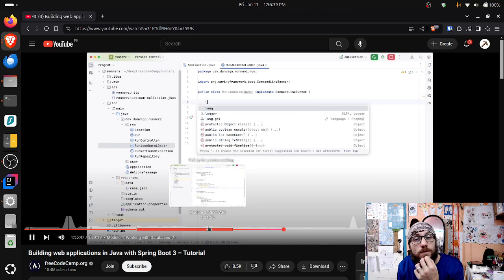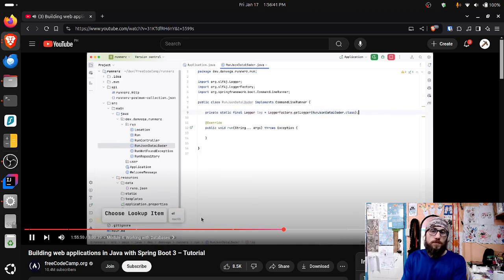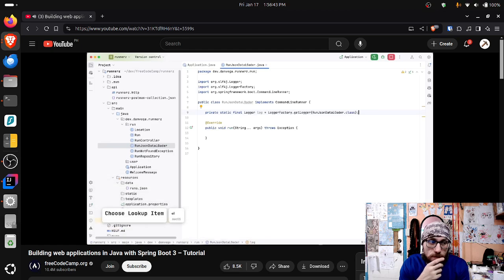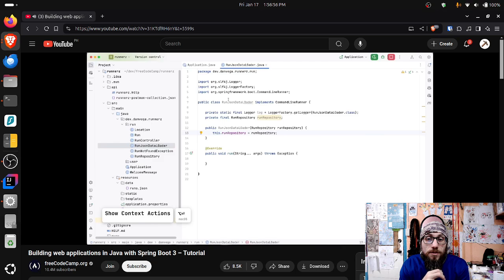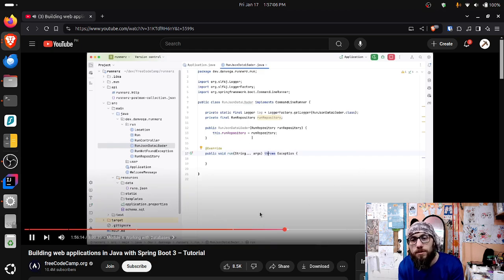All right, first off, I'm going to get a logger. I have a logger to log some information with. I want to get that run repository. So I'm going to say run repository, and we'll get that through constructor injection. Again, this is dependency injection. When it creates an instance of this class, it will see that it's dependent on the run repository. Spring knows about that class. It'll